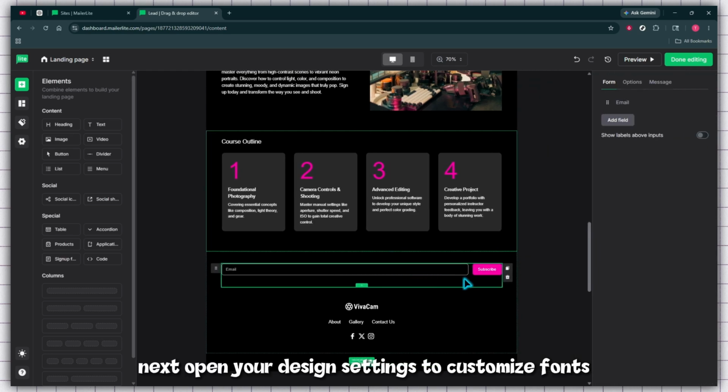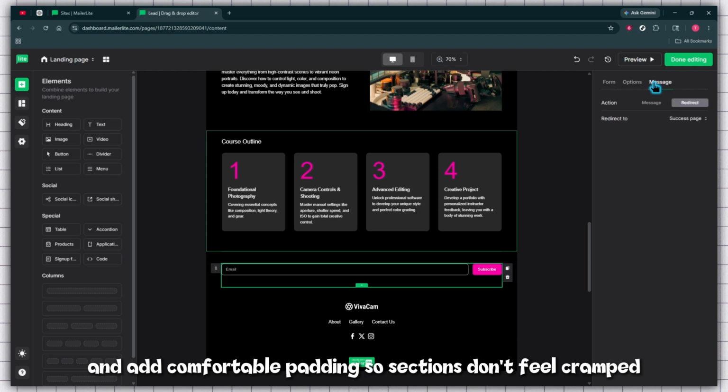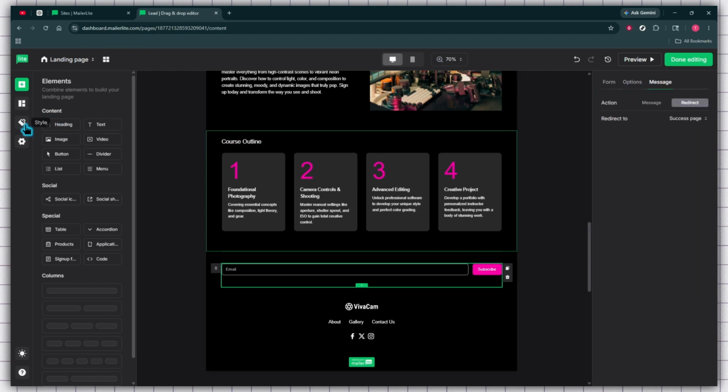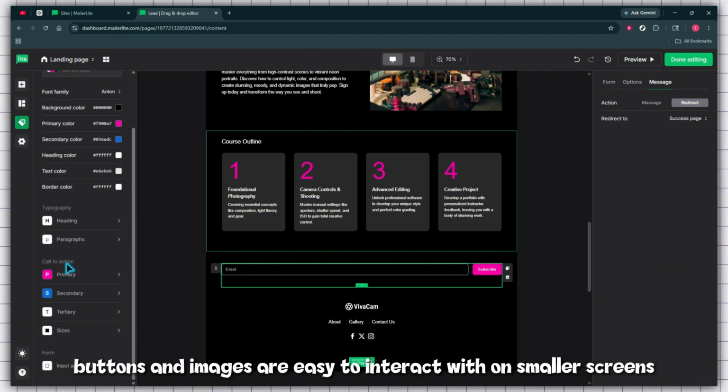Next, open your design settings to customize fonts, colors, backgrounds, and spacing. Align these with your brand, ensure good contrast for readability, and add comfortable padding so sections don't feel cramped. Don't forget to check the mobile layout to make sure text sizes, buttons, and images are easy to interact with